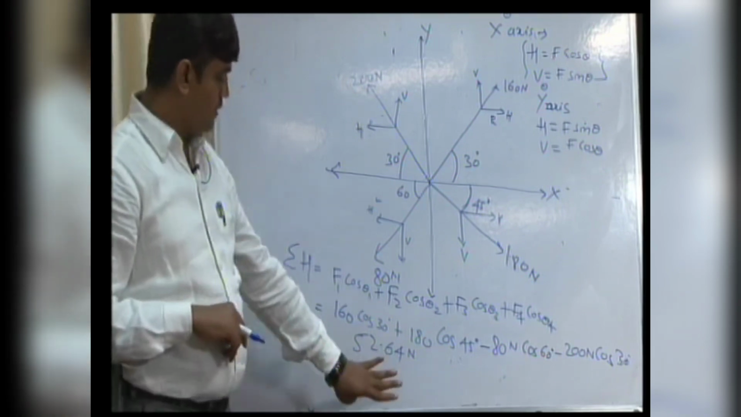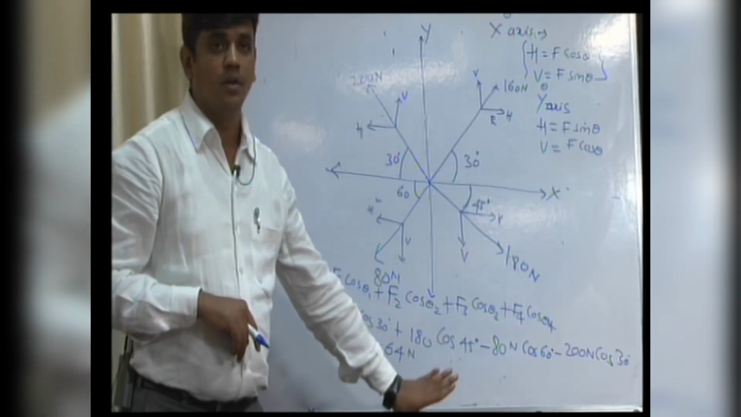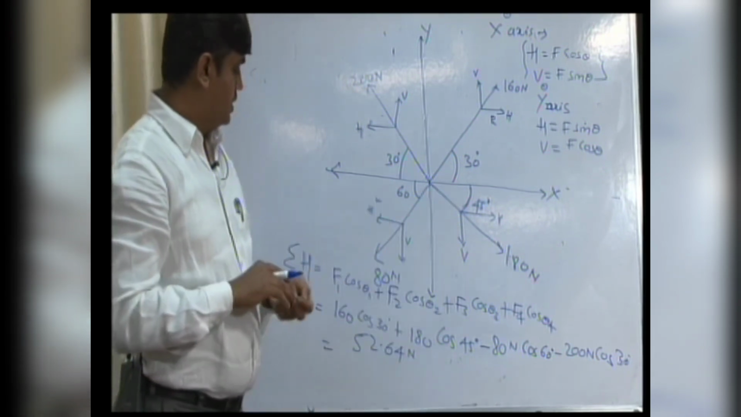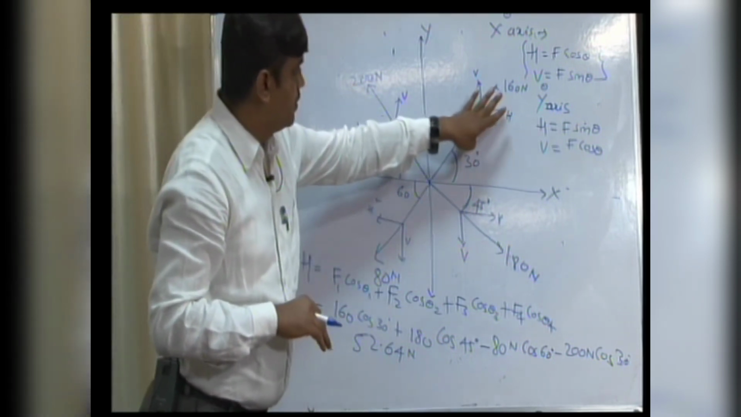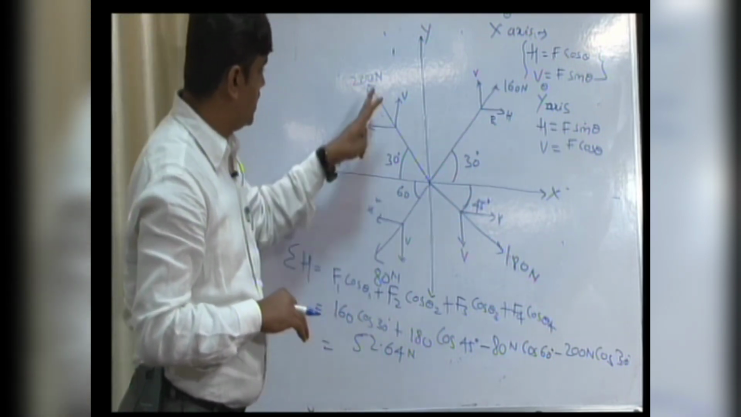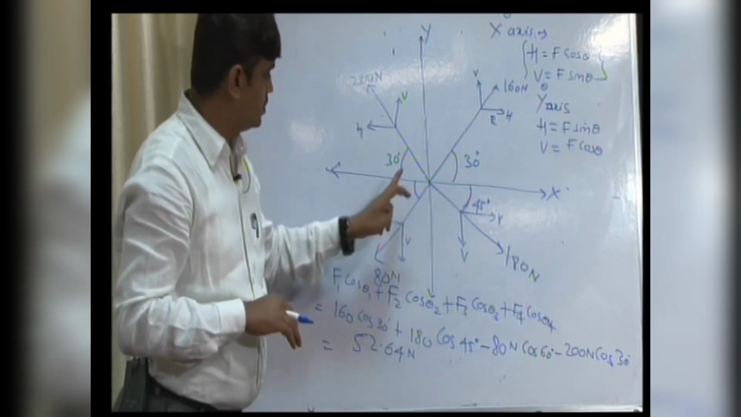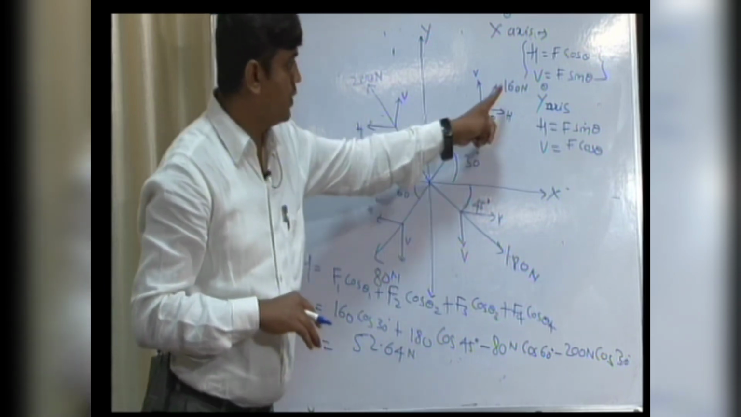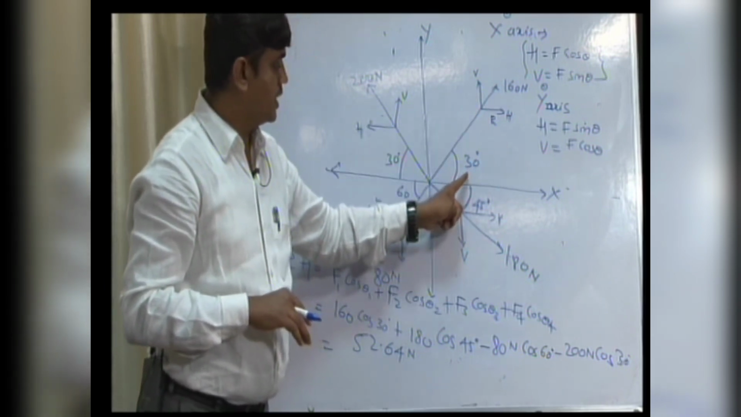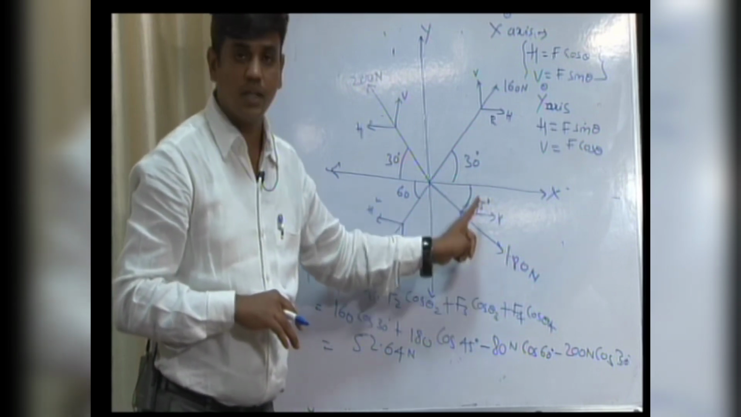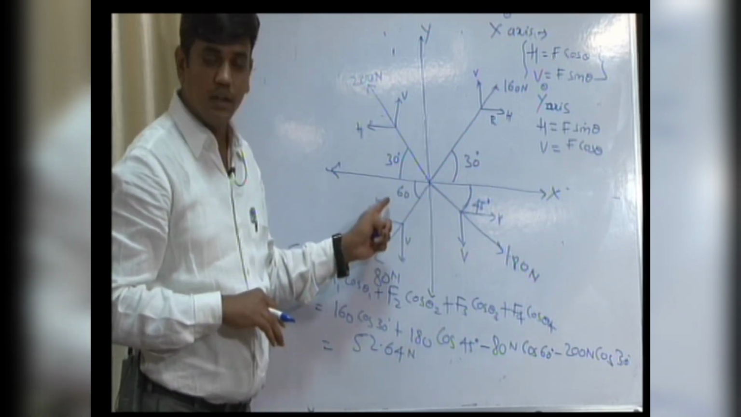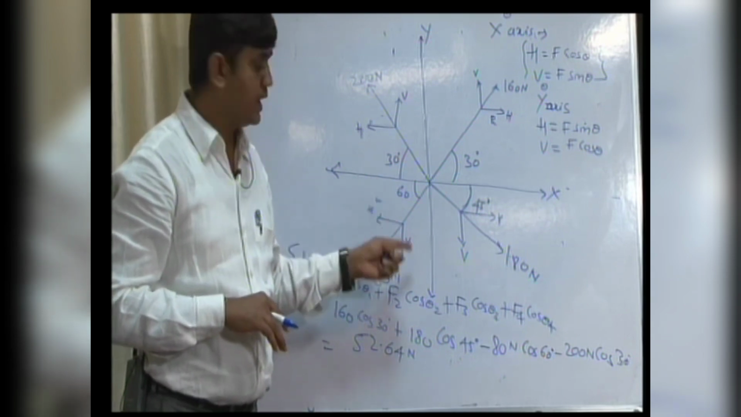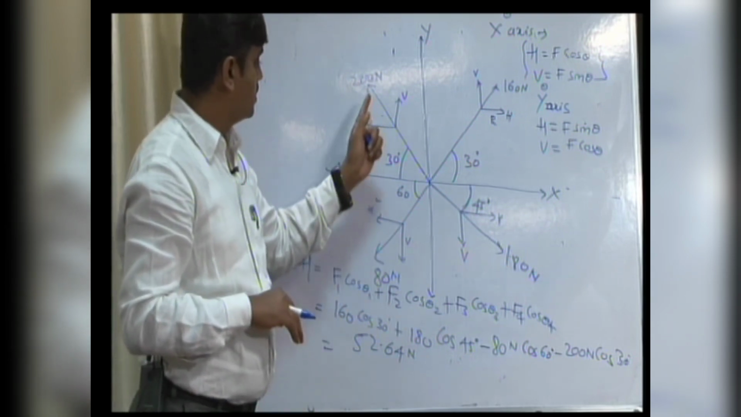So this is how we have to calculate the horizontal components in this problem. I'll repeat once again: four forces F1, F2, F3, F4 with theta 1, theta 2, theta 3, theta 4. F1 is 160, theta 1 is 30 degree, F2 is 180, theta 2 is 45 degree, F3 is 80 Newton and theta 3 is 60 degree, and F4 is 200 Newton and theta 4 is